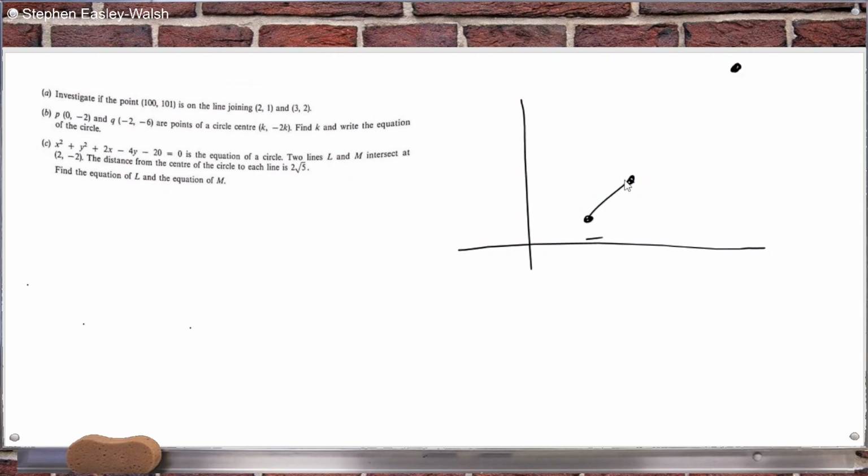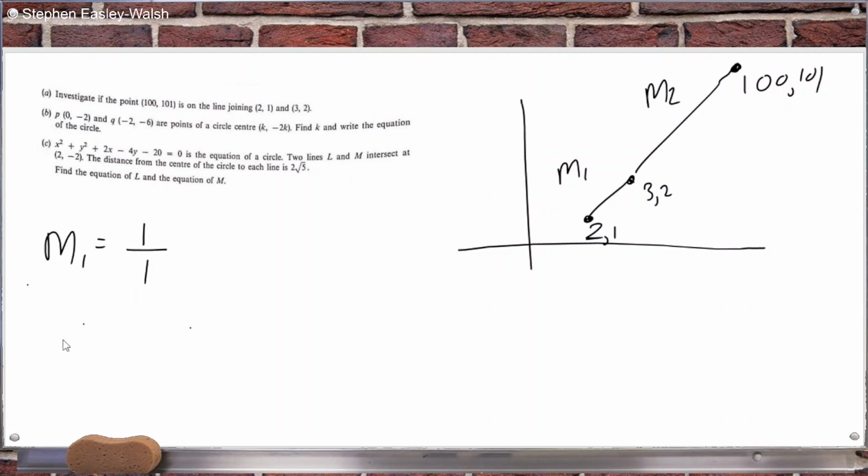So what should happen here is the slope between those two should be the same as the slope between those two, where that one is (2, 1), that one is (3, 2), and that one's (100, 101). So M1 will equal 1 over 1, and then M2 will equal 101 minus 2 is 99, and then 100 minus 3 is 97. It doesn't look like it. They're slightly different